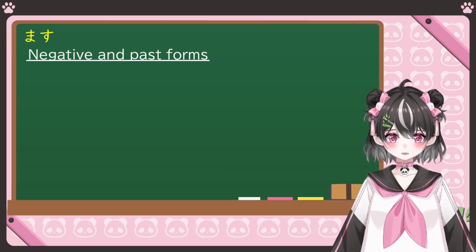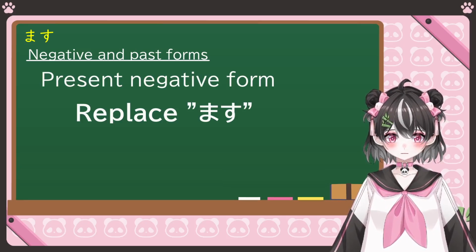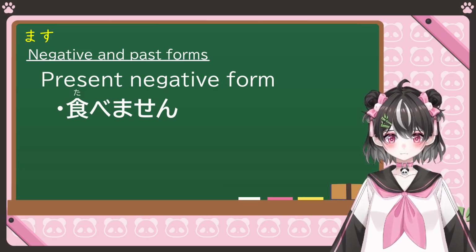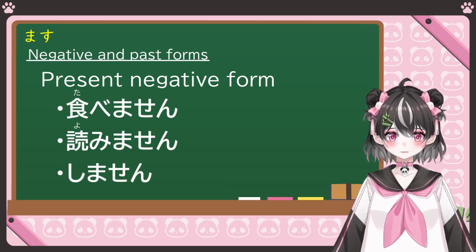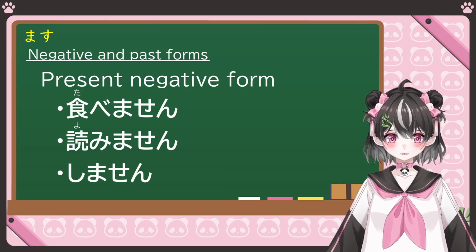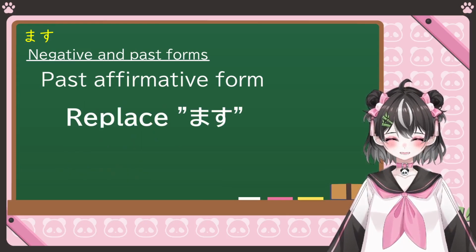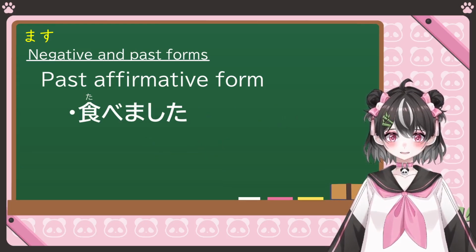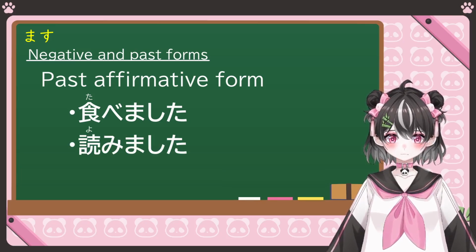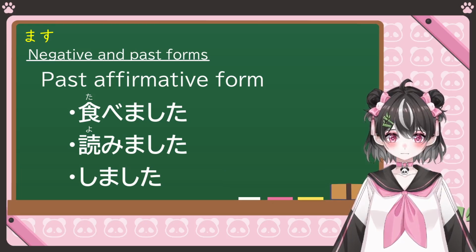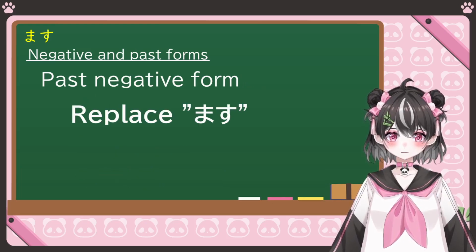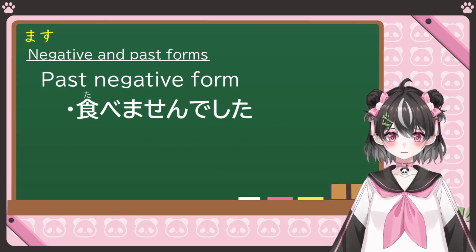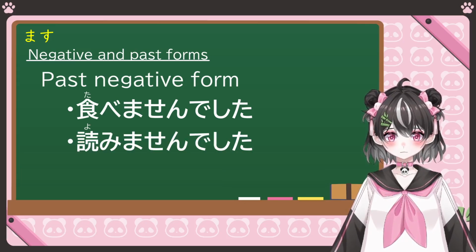For all verbs, you can make the present negative form by replacing ます with ません。Like 食べません、読みません、しません。To make the past affirmative form, replace ます with ました。Like 食べました、読みました、しました。For the past negative form, replace ます with ませんでした。Like 食べませんでした、読みませんでした、